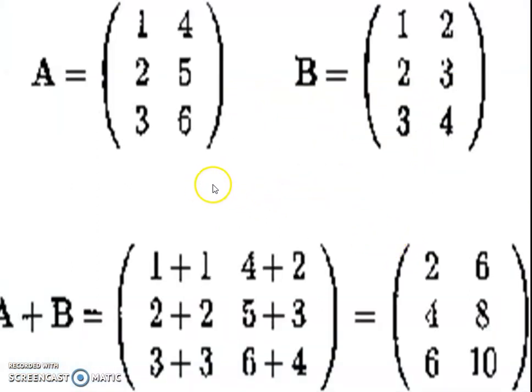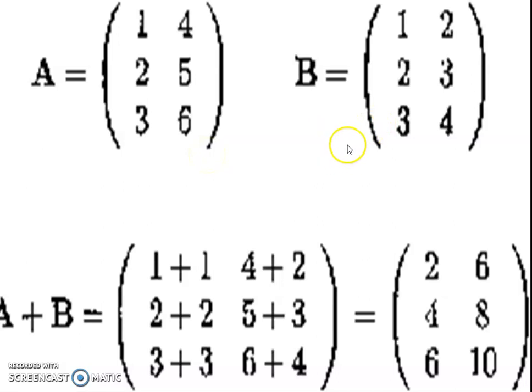Same trick we have to follow for another pattern of example, where the addition is the same. But we must verify whether the order is the same or not. How many rows are there? 1, 4, 2, 5, 3, 6. That means 3 rows. 1, 2, 3, 4, 5, 6. That means there are 2 columns. That is, the order is obviously 3 rows and 2 columns.